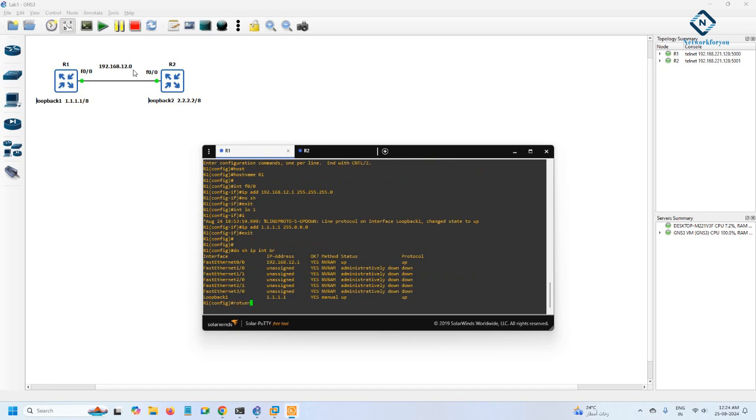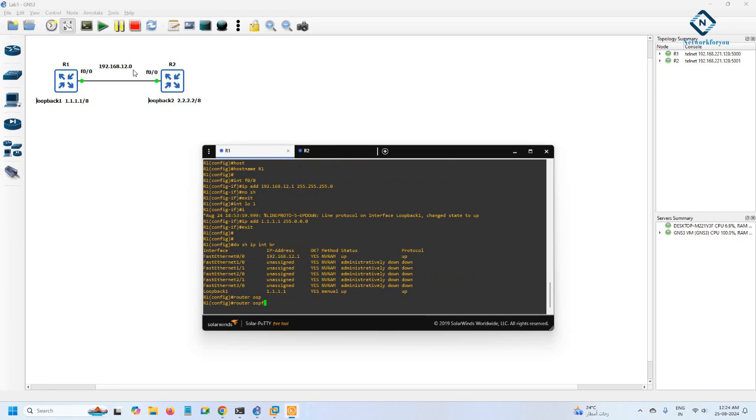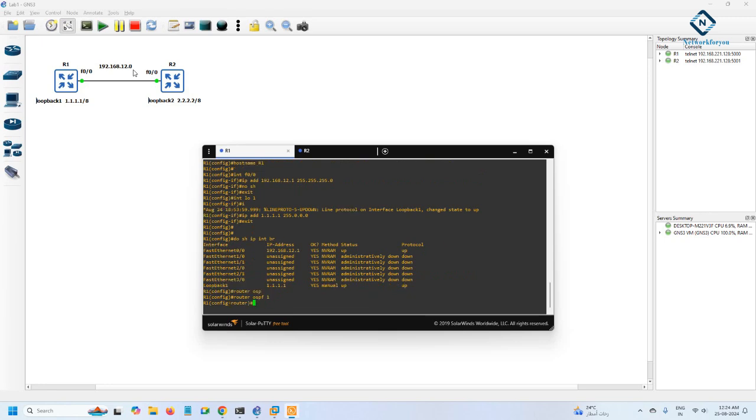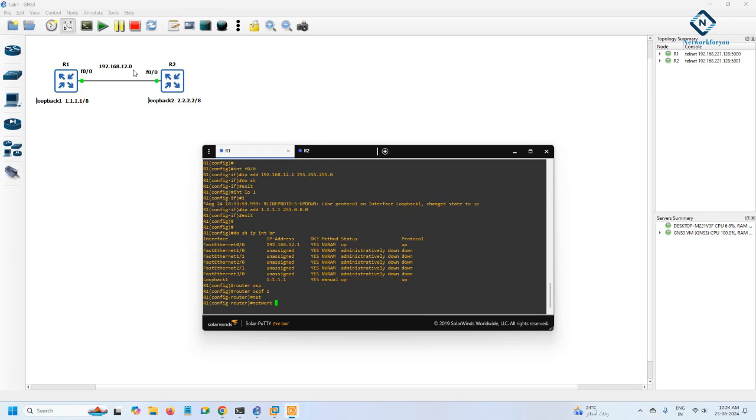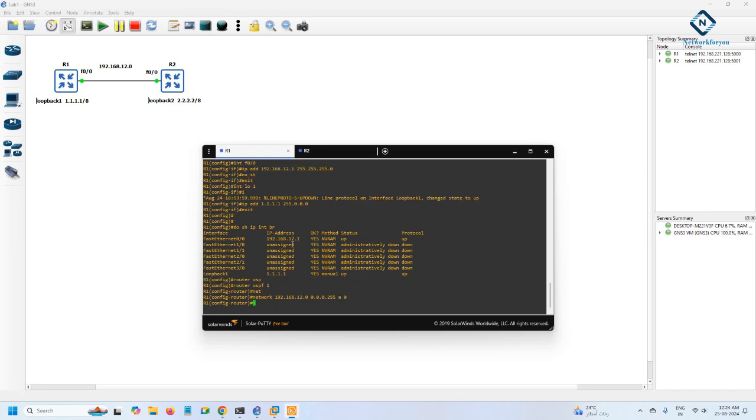So now we need to do router OSPF. We need to configure the OSPF. So first thing we will write router ospf 1. Okay, I am using the process ID 1. After that I will write network and the network ID. So what is the network ID? Network ID is 192.168.12.0, this one. Okay, and after that the wildcard mask 0.0.0.255, and I am going to use area 0, and I need to advertise the loopback also, so I will write